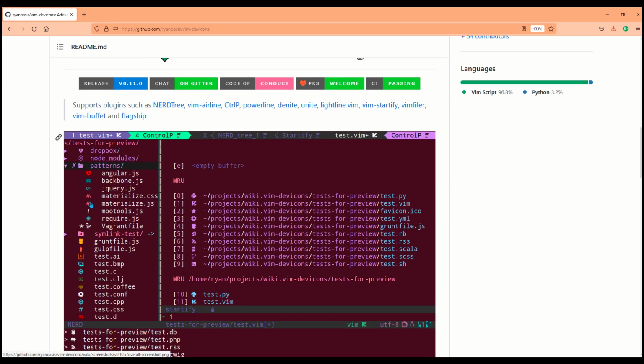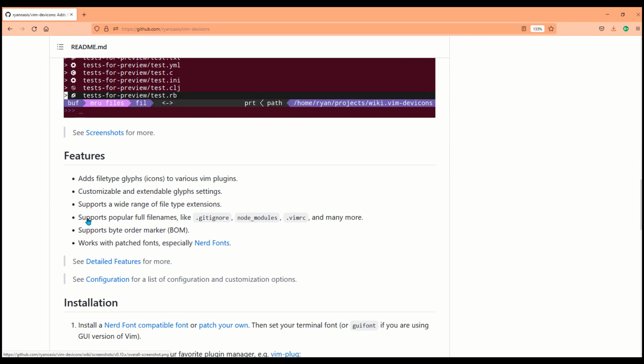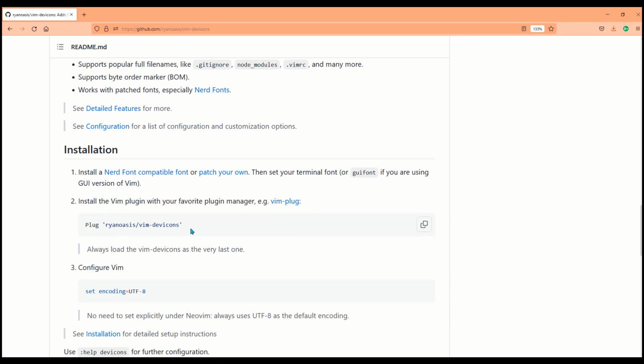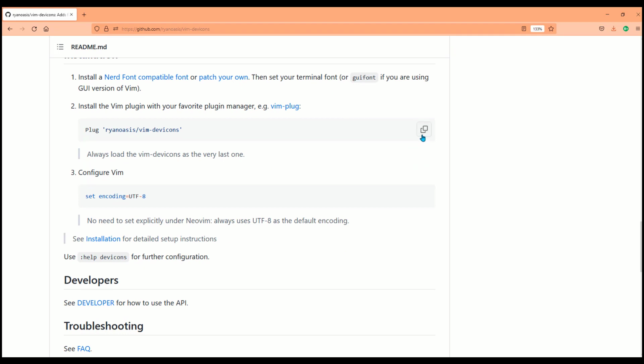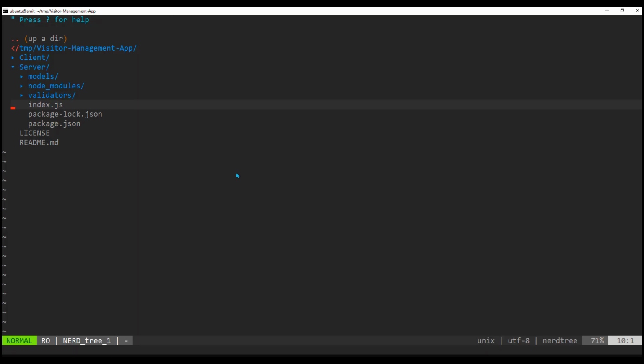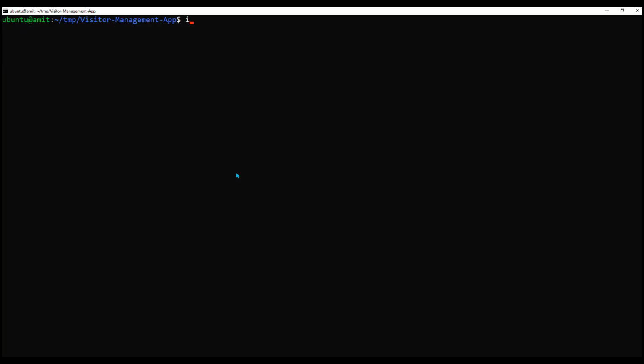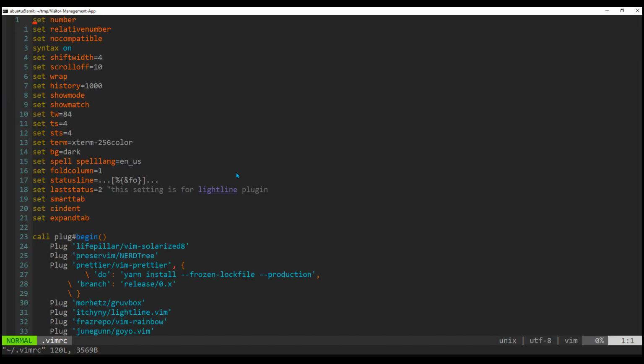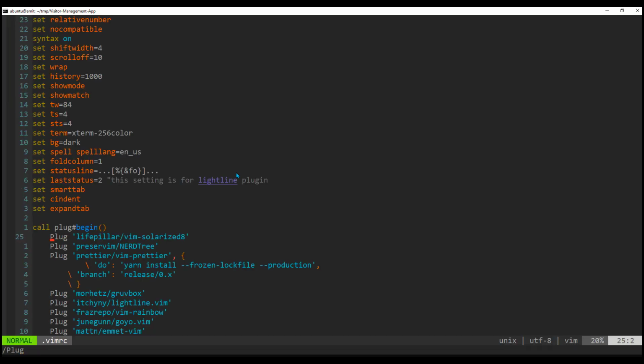What it does, it includes the folder icons on your NERDTree, and it makes it look pretty. And sometimes people prefer to see the DevIcons in your code editor. So I'm going to copy this. Let's go to the .vimrc file here, and I'm going to include, as I said, three different plugins. So let's go one by one. One is the DevIcons for sure, because definitely you want to see the folder icons next to your file types,